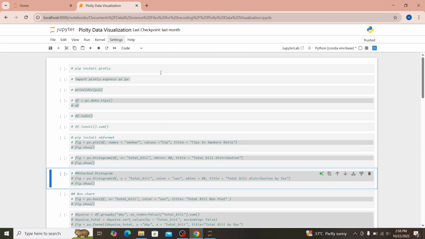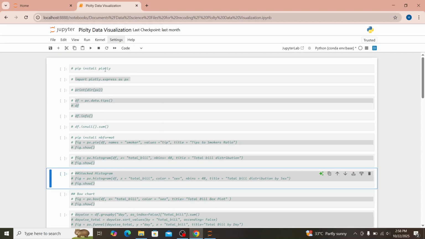So Plotly is a Python data visualization library. It helps us to view data in terms of diagrams. Now, what is Plotly? Plotly is an open source library. When something is open source, it means it's accessible to everyone. So we're using Plotly today to visualize a data set. Now, if you want to run it using Jupyter or VS Code, you have